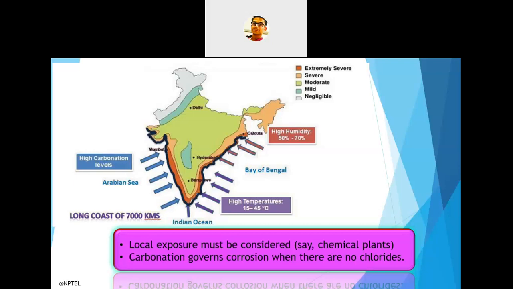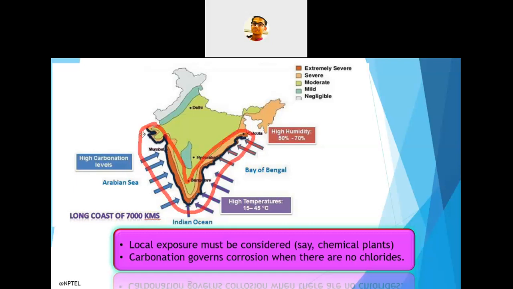So this is probably because we have a very long coastal line, about 7,000 kilometers. So this may also be the reason we are thinking like this. But besides this, we might also have carbonation induced corrosion in this region. So we have a huge amount of